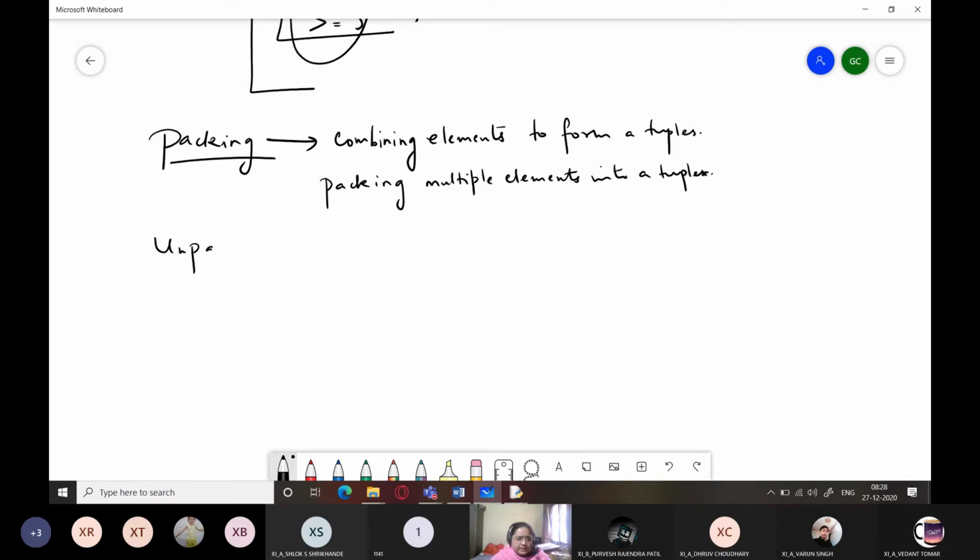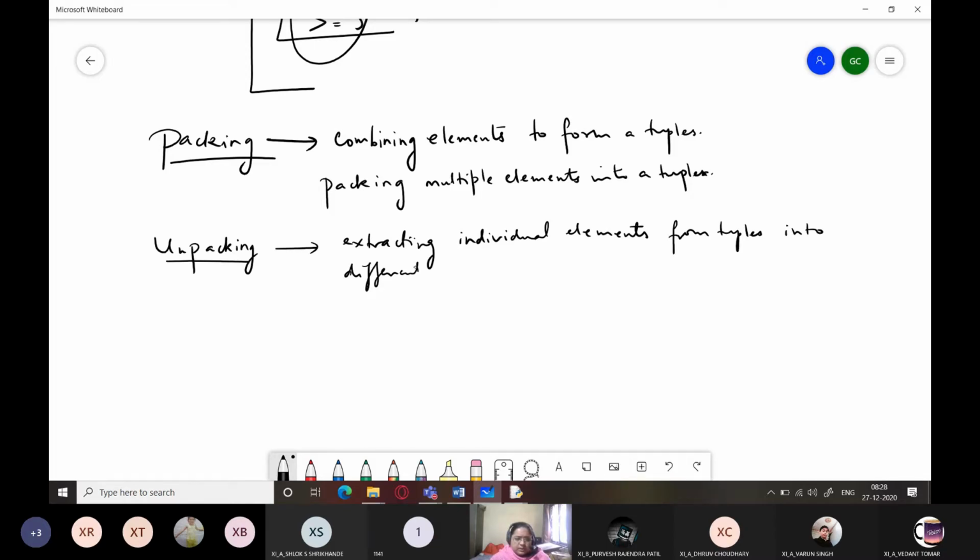And unpacking means extracting individual elements from tuples into different variables, right? Unpacking means extracting individual elements from tuples into different variables.